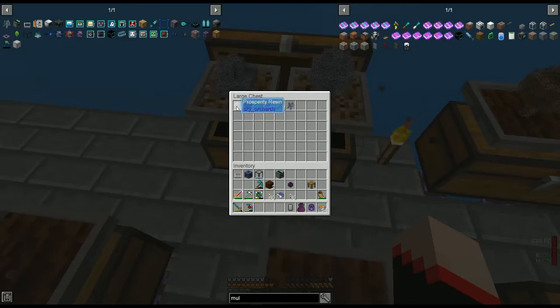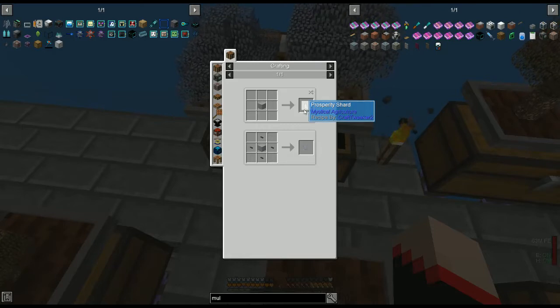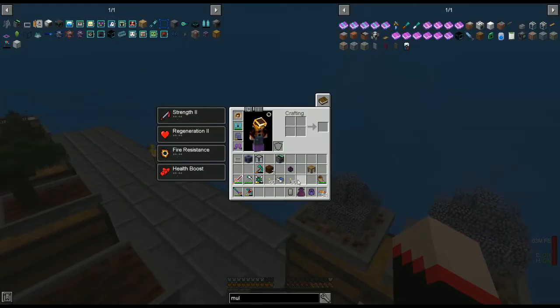Plus, I'm pretty sure with the resin, we can make prosperity amber, which will turn into, well, if you melt it. Oh, nope, just 1 will turn into 4 prosperity shards. So we can either make it, or this will also drop us just some of the plain prosperity shards. So this we're gonna need, because prosperity shards, let's see if we look up